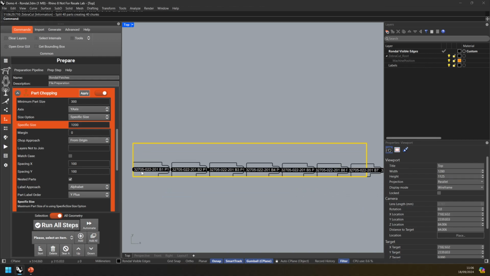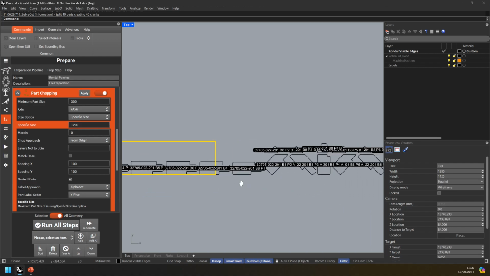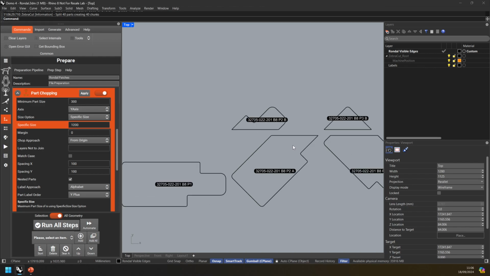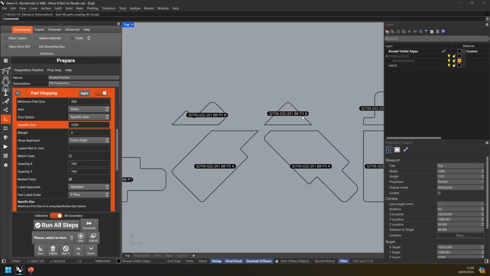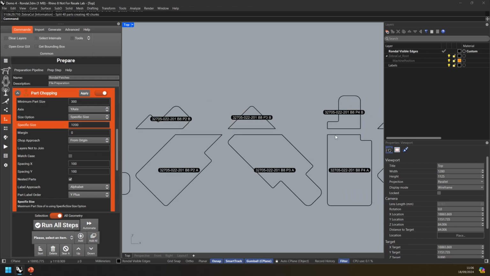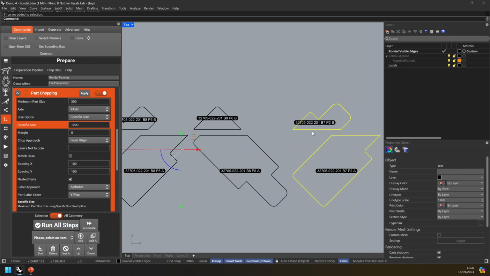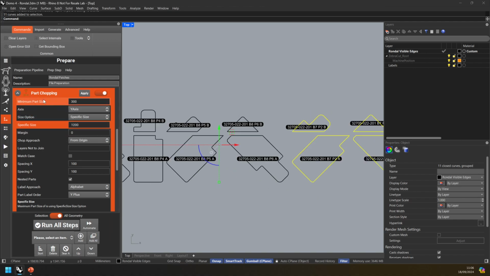So we'll run the part chopping. These parts need no chopping because they'll fit nicely, but this one, for example, we've chopped into part A and part B. You'll also see we've got P for ply. So these are the different rotations, ply 1, ply 2, ply 3. I should have shown you that a moment ago. But there, for example, is part 8, ply 3, and there's part 4, and so forth. You can see we've chopped up the parts accurately, and they could then be put back together again